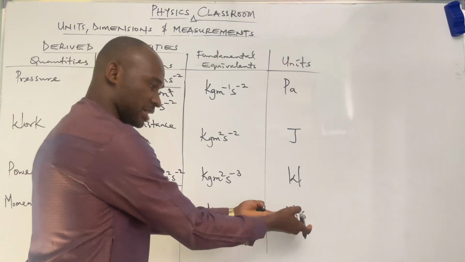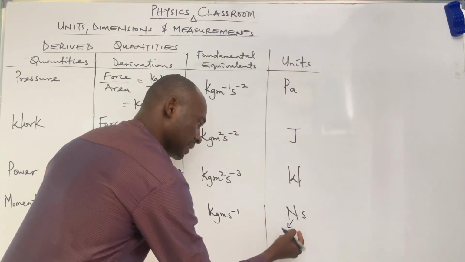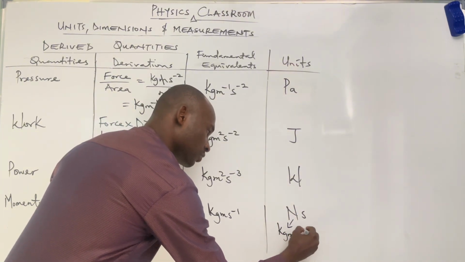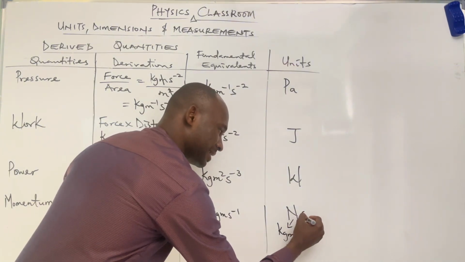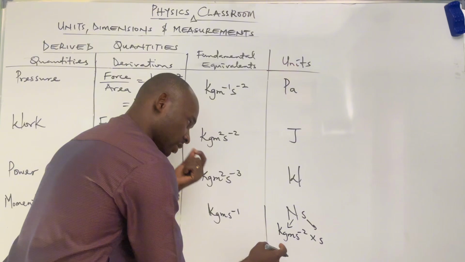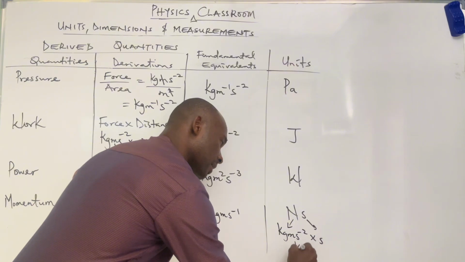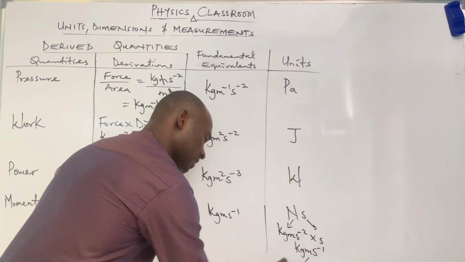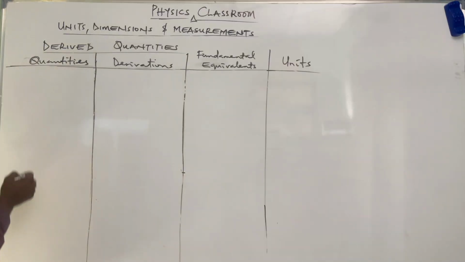Do you know that you can break this down easily to get back this? Let's do it together. Newton is the unit for force, which is kilogram meter per second square. That is mass times acceleration multiplied by these seconds. Combining both together based on the principle of indices, you have it as kilogram meter s raised to the power of -1, which is still the same as this. As simple as that. More examples include